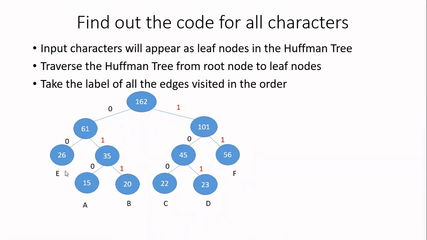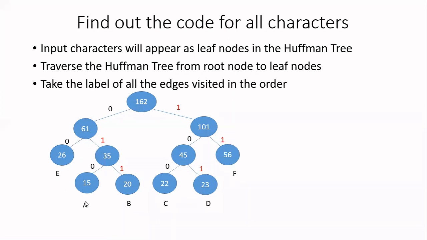Let us consider the node E. First, I am starting with the root node. The root node has the value 162. E is present in the left subtree, so I have to proceed to the left subtree. I go to the first internal node 61. I have an edge with weight 0, so I have to consider that. Then go to the next edge. It is 0 again. With that edge, you are reaching the node E. So now you have come across two edges with the weights 0, 0 in order. So the code for E will be 0, 0.